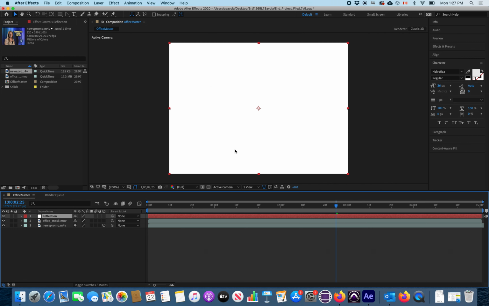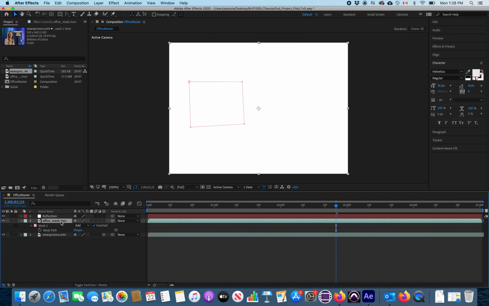Now, of course, what we need to do is, again, create a mask, a matte, an alpha channel to basically keep what we want and throw away what we don't want. Well, since we've already got a mask in here, right? Office Mask Movie, we've already got a mask in there. What we're going to do is select that layer and hit M so we can see that mask